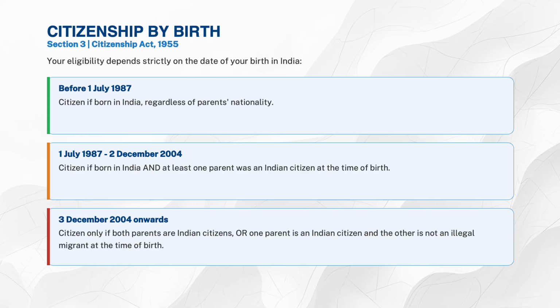And any of you born before 2004? Yeah, 1, 2, 3, 4, 5. Yeah, 5 of you were born before 2004, which means for the 5 of us, at least one parent must be an Indian citizen. Okay. And after 2004, anyone born after 2004? Yeah, 2004. Okay. You are an Indian citizen only if both parents are Indian citizens, okay? Or at least one must be Indian and the other must not be